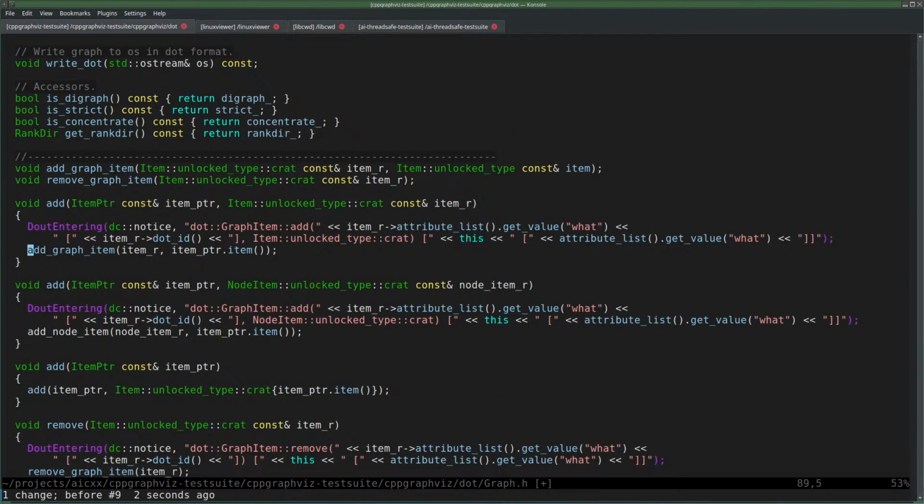Nope, I don't know anymore. Node item R. Yeah, this node item R. That's what we pass as first argument.